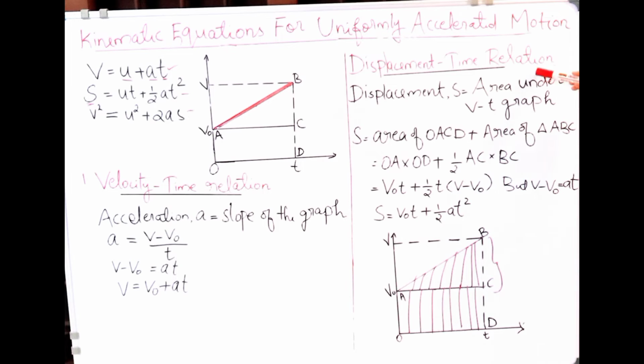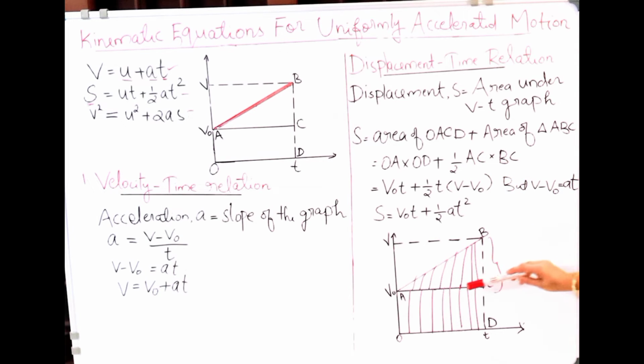I will just go through the relations again. Here we have to find the displacement, right? So how will we find the displacement from velocity time graph? Yes, that is the area under velocity time graph is displacement. So the total area we are finding, that is the area of the rectangle plus area of the triangle. Area of the rectangle is length into breadth, that is OA into OD. So that will be V0 into T plus half into